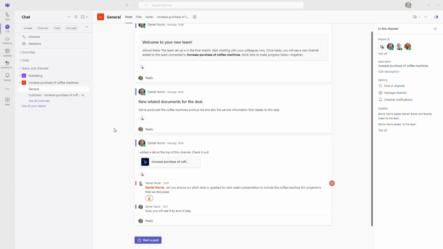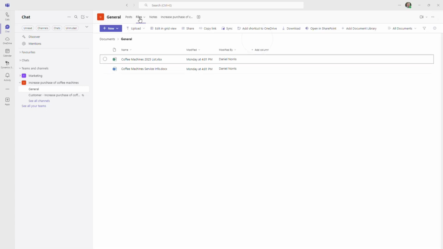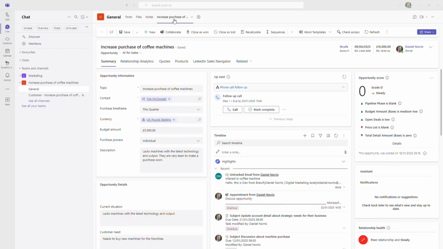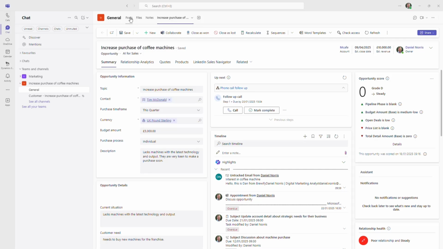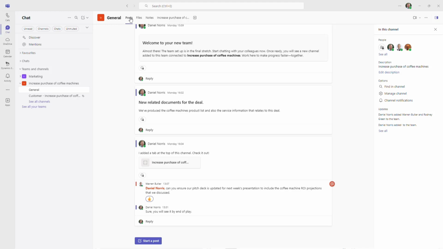Alternatively, deal rooms provide customizable workspaces that can be created from Dynamics opportunities, offering a structured collaboration area in Teams. These are designed for complex, long-term deals which require extensive collaboration and document sharing that involves multiple stakeholders. Deal rooms have deep integration with Dynamics 365, enabling record sharing, deal summaries, and progress updates within Teams. This centralized approach enhances teamwork, streamlines communication, and improves visibility for high-value deals that require coordinated efforts across internal and